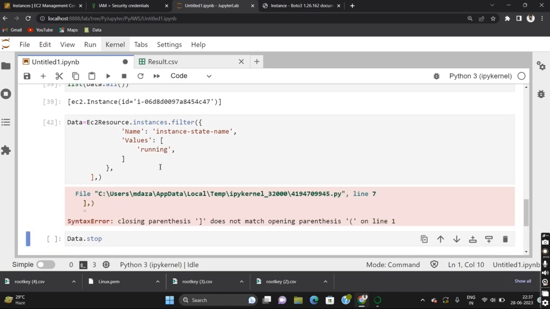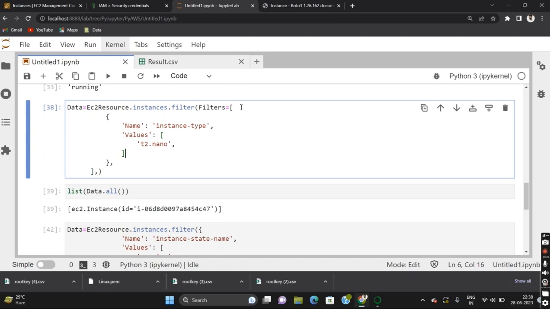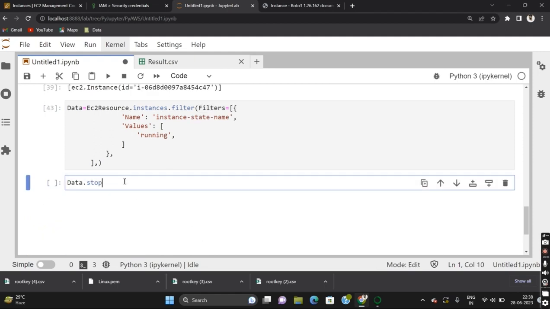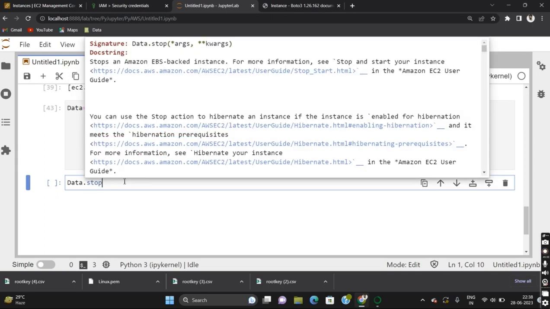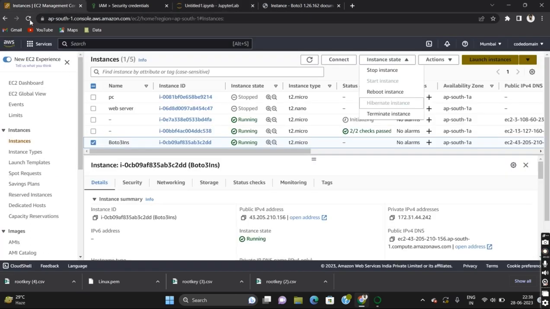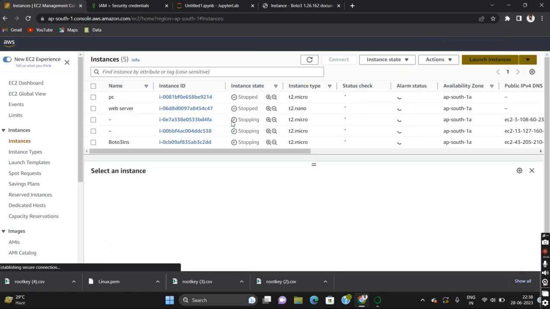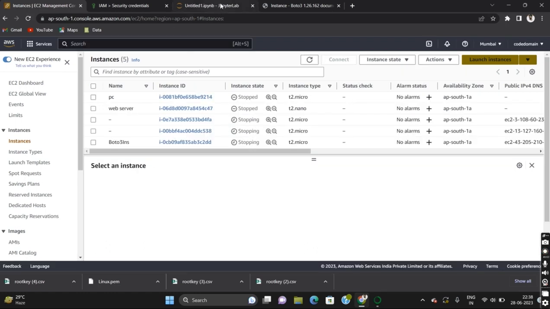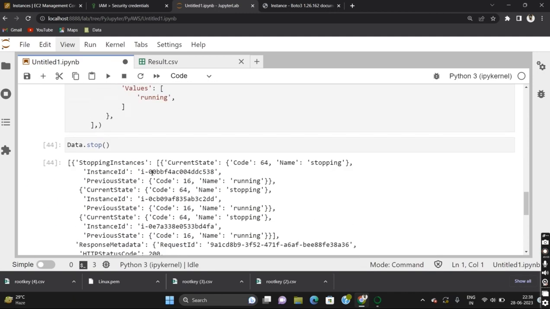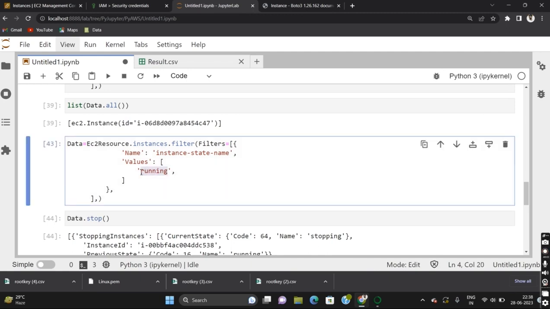There is a syntax error. What is the syntax error? We have to understand. We just skip this one, paste here, and run it. If you want to see that, you can see it as well, but I'm going to stop this. Let me check. It's a function, so let's run it and come back here. I will refresh here. We are able to stop it. We are able to stop, and if you want to filter the stopped